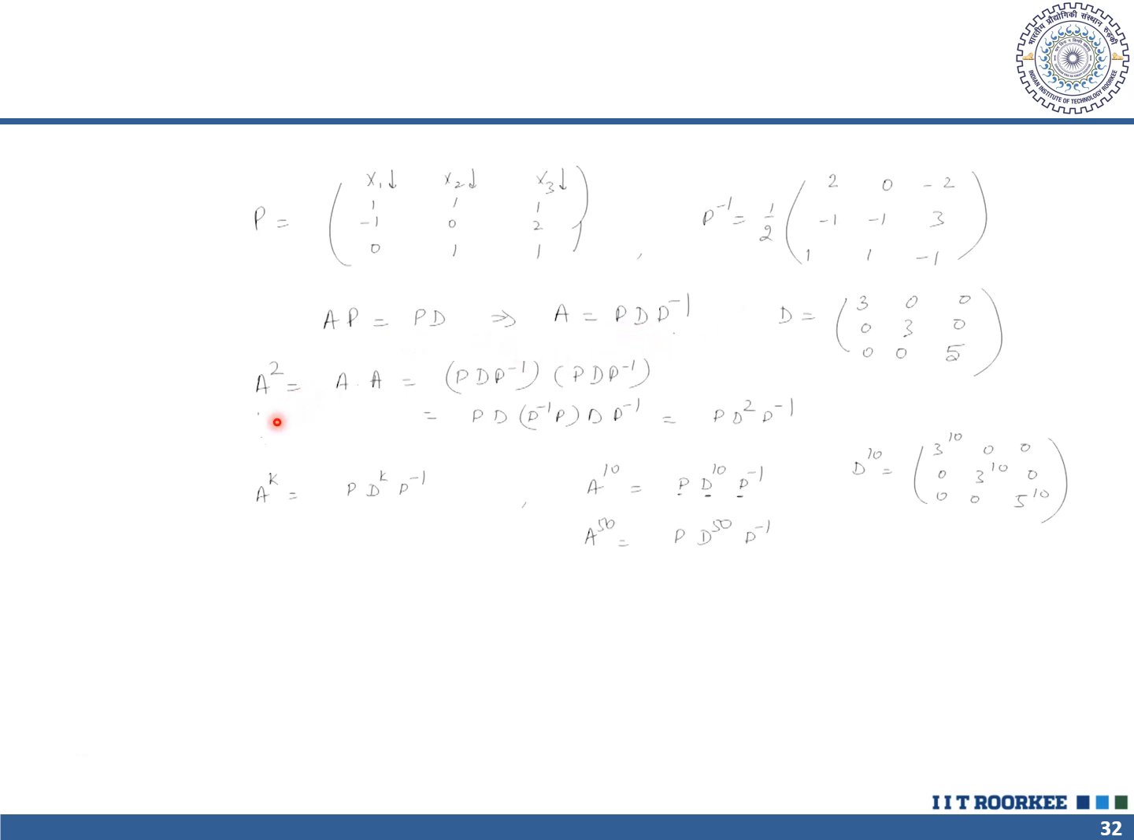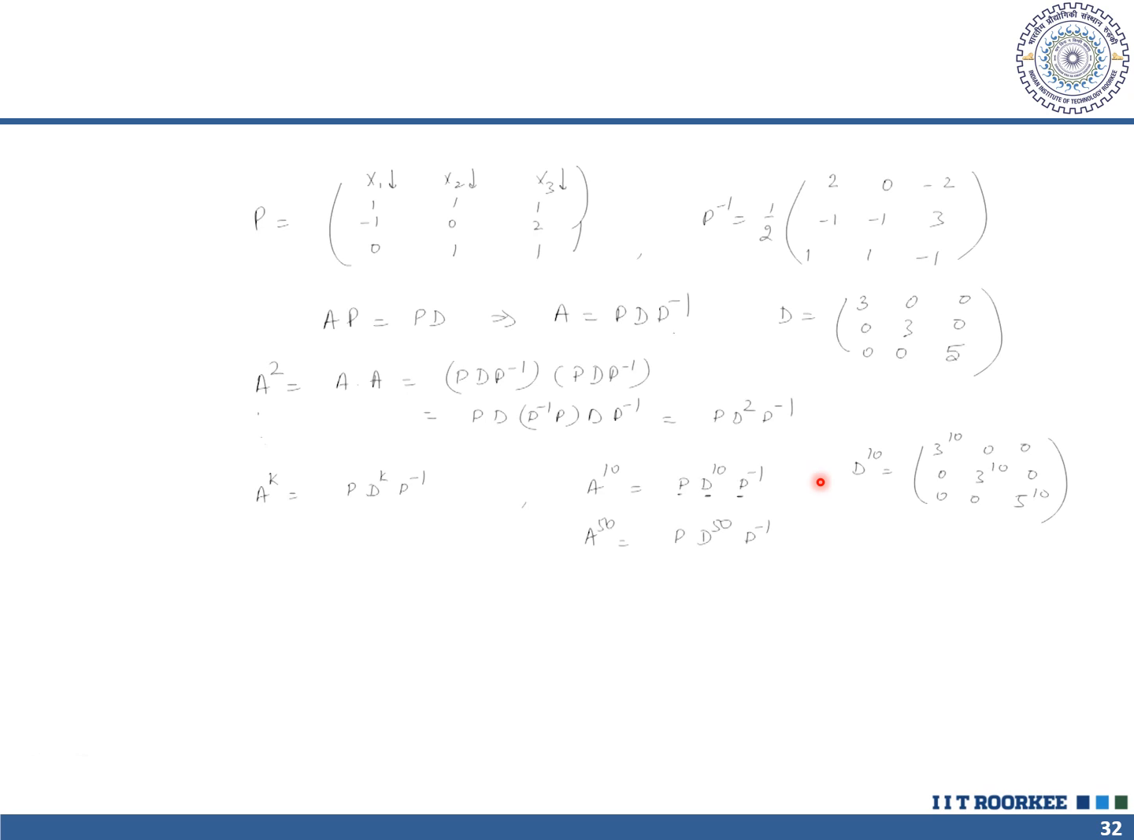So when we try to find the value of A square, A into A, it is found to be P D square P inverse. In the similar manner, if we continue, A power k equals P into D power k into P inverse, where A power 10 equals P into D power 10 into P inverse, and A power 50 equals P into D power 50 into P inverse, where P inverse can be found by getting the inverse of P,